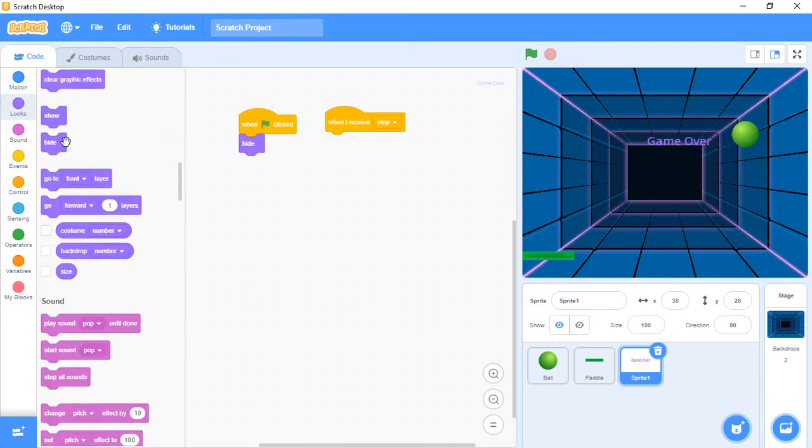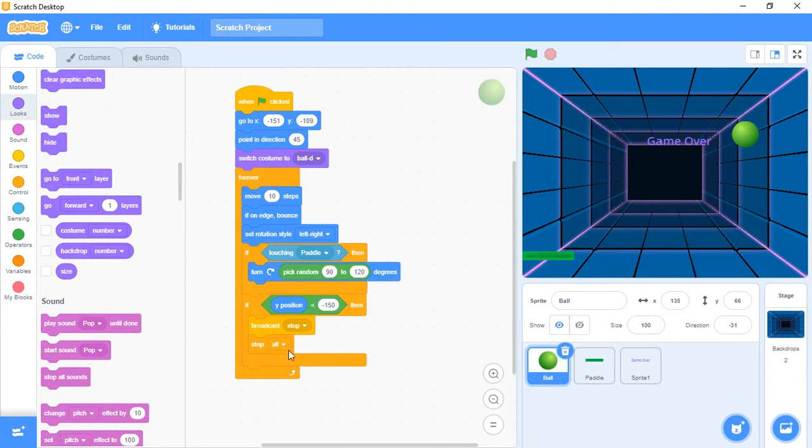So show. Okay. Whenever the ball crosses the location minus 150, the y coordinate position, it should broadcast the message as stop, and it should stop, which means the game is over.